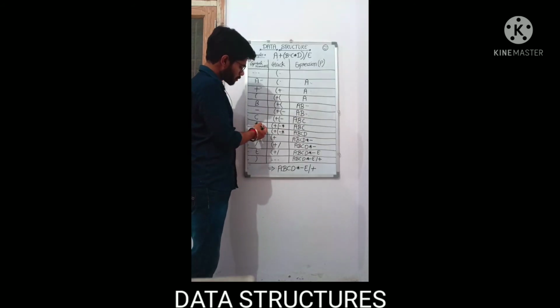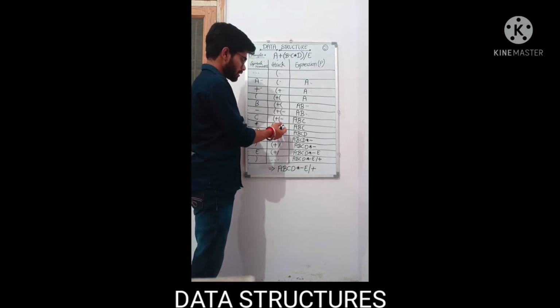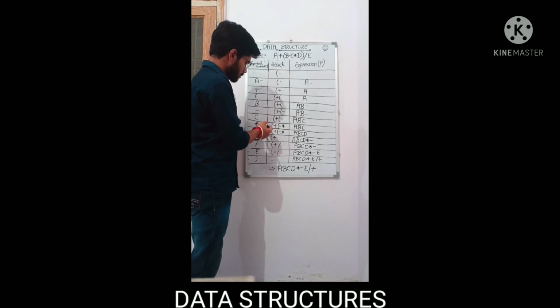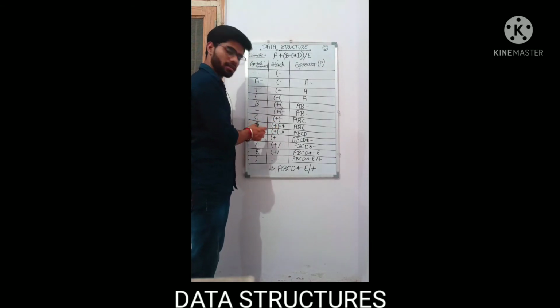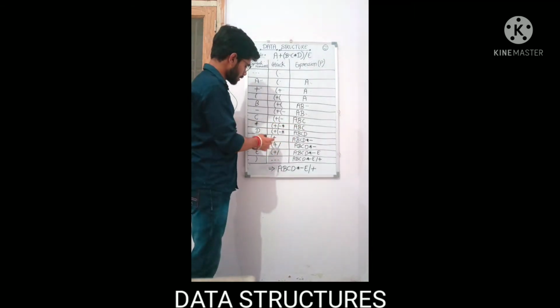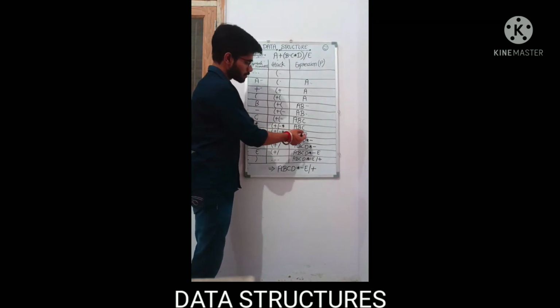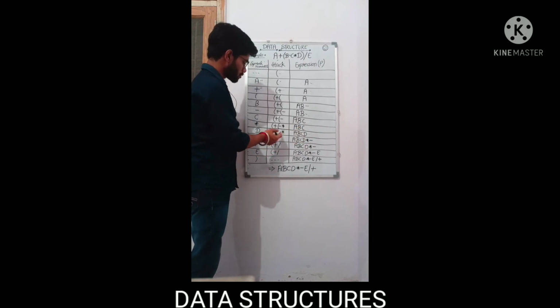Now the next symbol encountered is multiply. Here we have a condition to check: the precedence of the current operator is higher than the operator which is already present inside the stack. So we simply add this symbol to the stack side and there is no change in the expression side. Now the next symbol encountered is D. Being an operand, it is simply added to the expression side and there is no change in the stack.